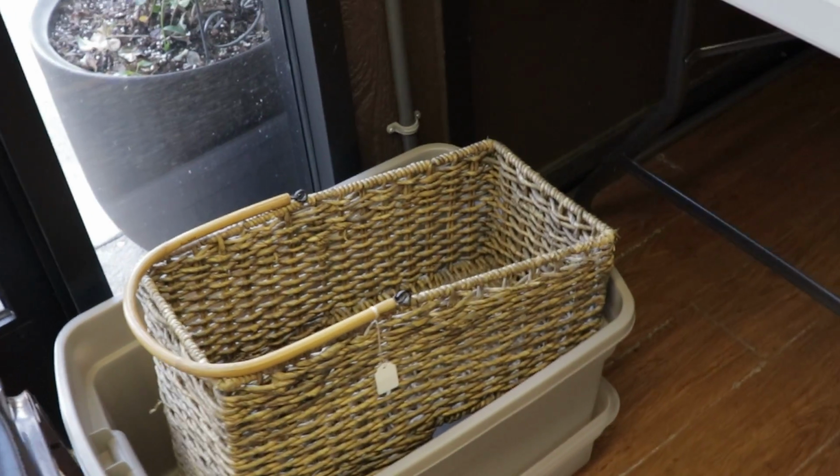Wish me the best of luck. I cannot wait to see what they have at the thrift stores today. I always usually find at least one thing, unless I'm being ultra picky, but I'm definitely on the hunt for some things, especially with the holidays coming up. So let's go. So the first place I make a beeline for at the thrift store is the home decor